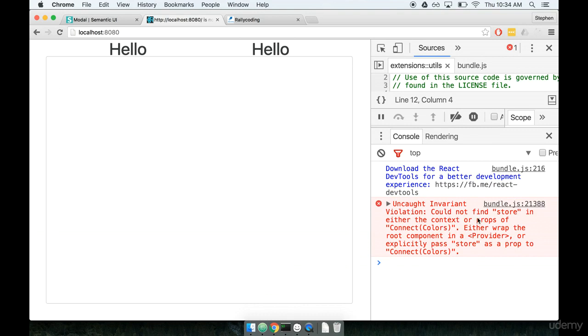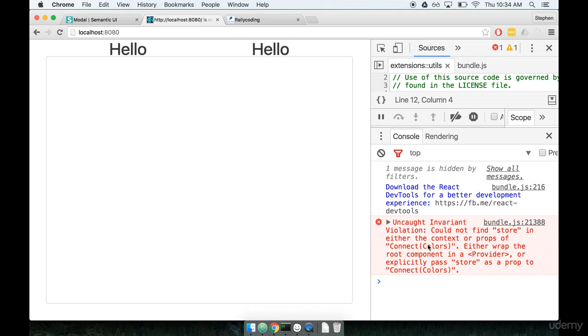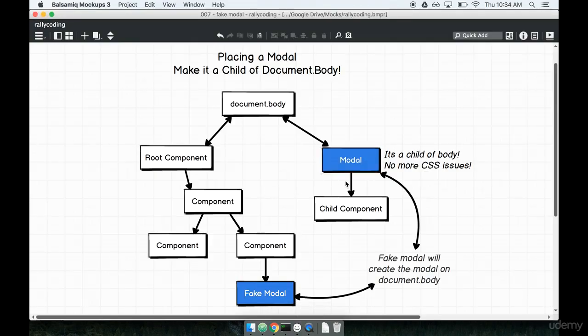So the error message says cannot find store on either context or props of connect colors. We need to wrap the root component in a provider or explicitly pass store as a prop to connect colors. So what this is essentially saying right here is that we are trying to render a connected component or a container like over here, apart from everything else inside